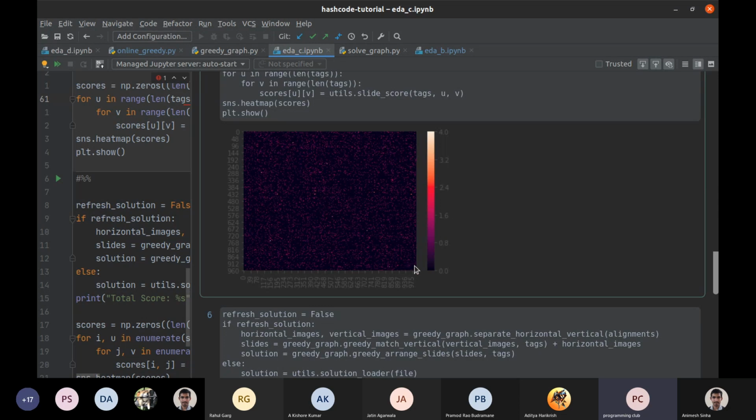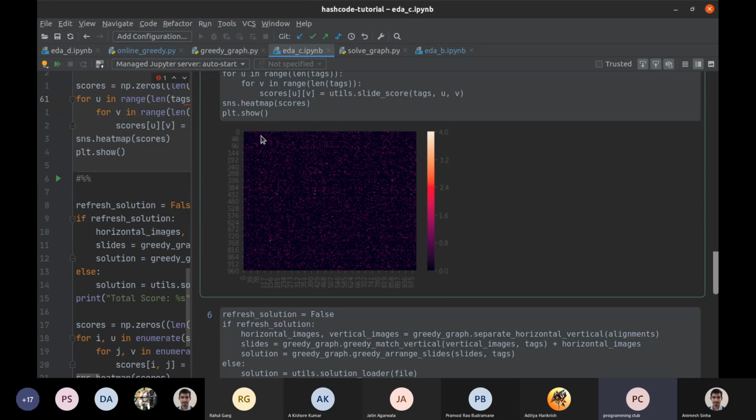So it will be some kind of a diagonal line. If your data does not show a diagonal line in the correlation plot, and here the strength of the pixel in this dot is the value of the score, like the minimum of the intersection and the left-right difference, so the brighter point is 4 and the darker is 0. As you can see, nothing is particularly bright.